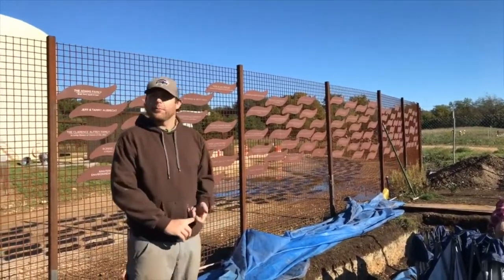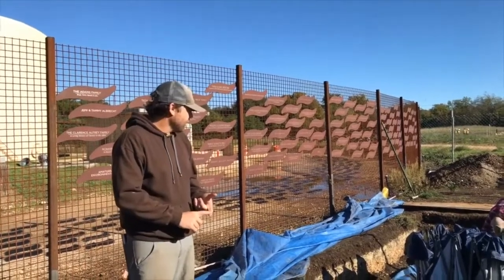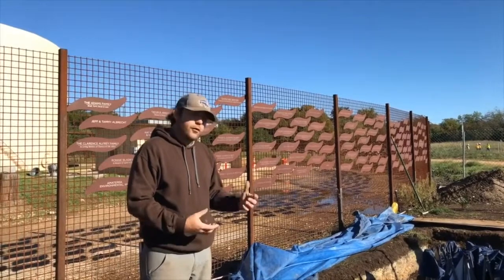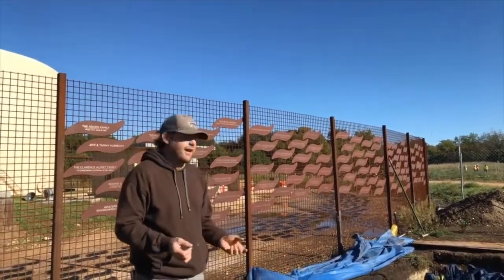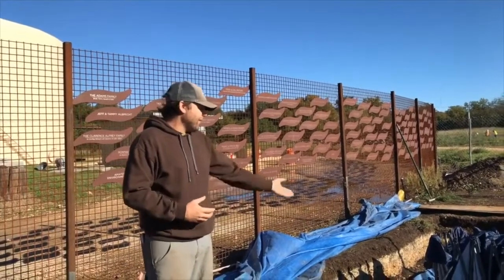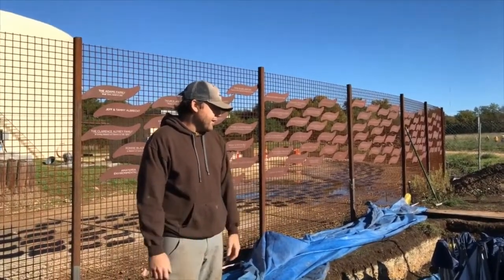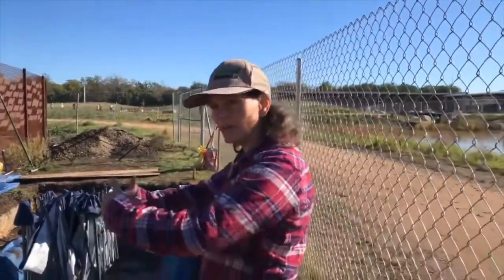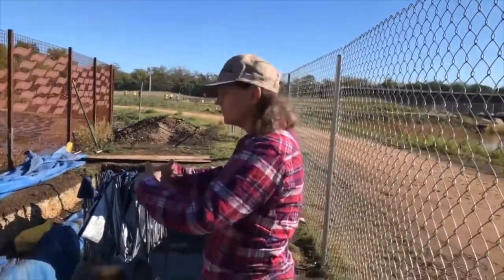Most of them date to the late prehistoric transitional archaic period, which we would refer to as atlatl dart points. Most of them have been broken and discarded, which is the nature of a burned rock midden. The midden itself isn't just the discarded burned rocks from the cooking hearths and other cooking features,